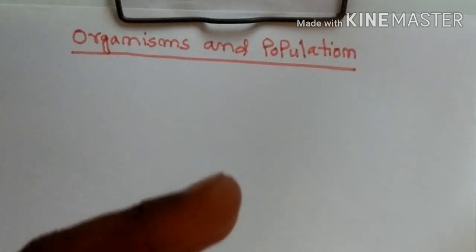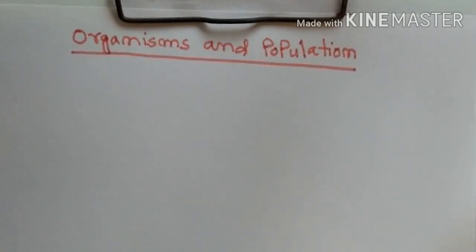Today, in this particular video, I am going to discuss abiotic vectors. In the earlier video, I have already discussed abiotic vectors. There are four types of abiotic vectors: number one is temperature, second one is water, third one is light, and soil. These four abiotic vectors are discussed in this chapter. I have already discussed temperature in the earlier video. In this particular video, I am going to discuss